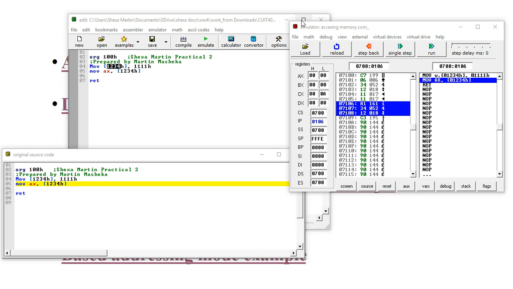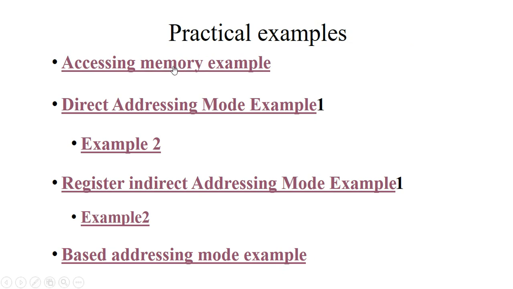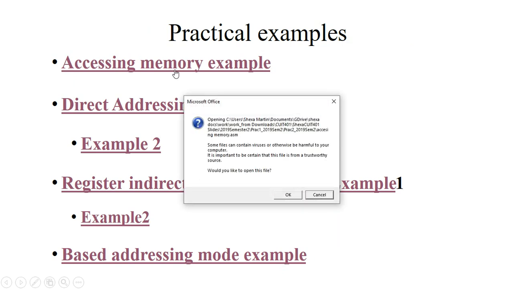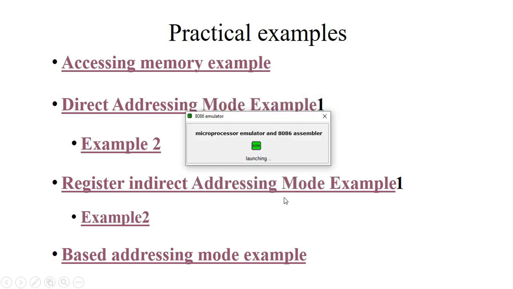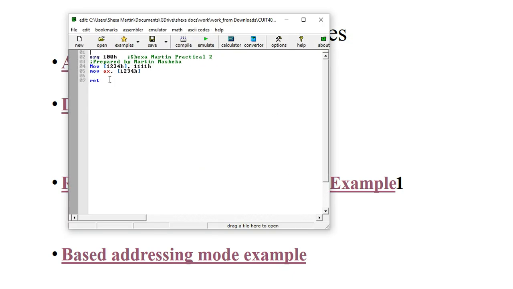Right, so here we are proceeding with our example number 1, which is this one, accessing memory example. What is happening is this: we are loading quad 1 into a memory location which is 1234. So our offset here is 1234. If you are to calculate a physical address, we say 1234 plus, in brackets, let me just type it here as a comment. If we are to calculate the physical address, we say our offset